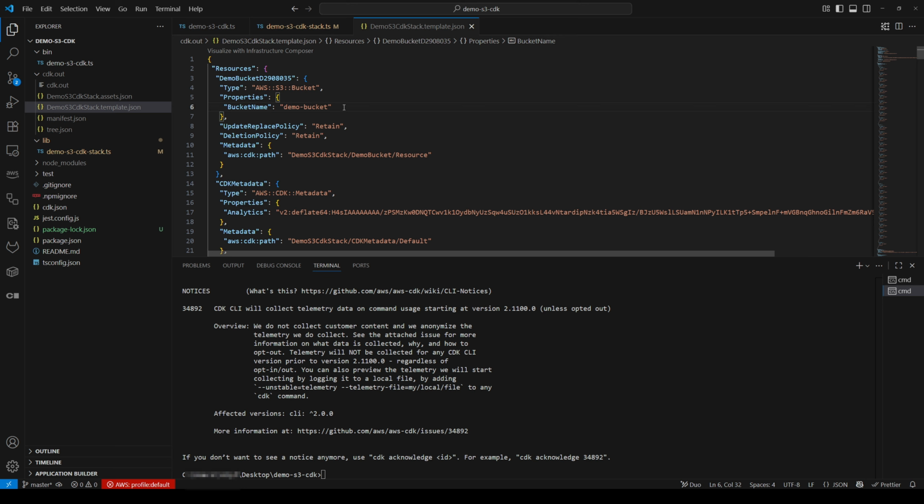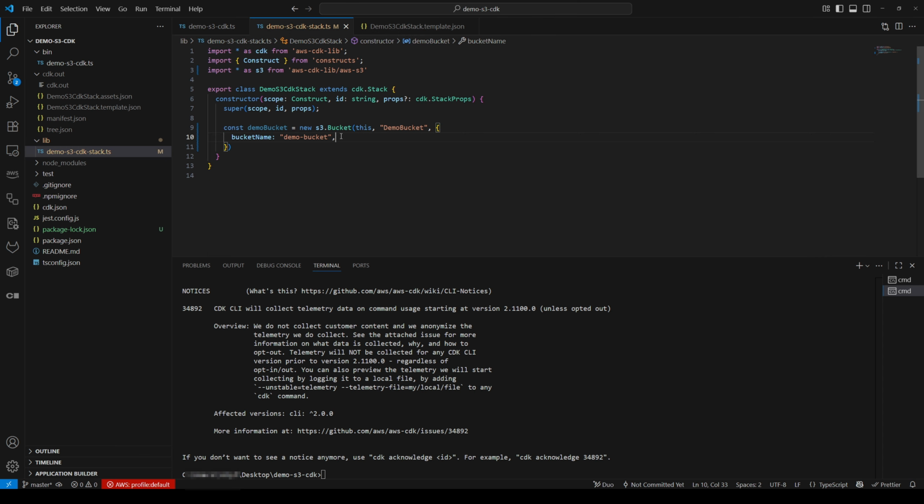Now, one thing to keep in mind with S3 bucket names is that they are globally unique. Not account unique, not region unique, globally. So that's every account that exists. It must be a unique bucket name. So that's where you can run into trouble. So highly unlikely that we will deploy this and be able to get demo-bucket with all of the demos that are available. So we will need to do some sort of random string. But for the sake of this example, we'll leave it as demo bucket